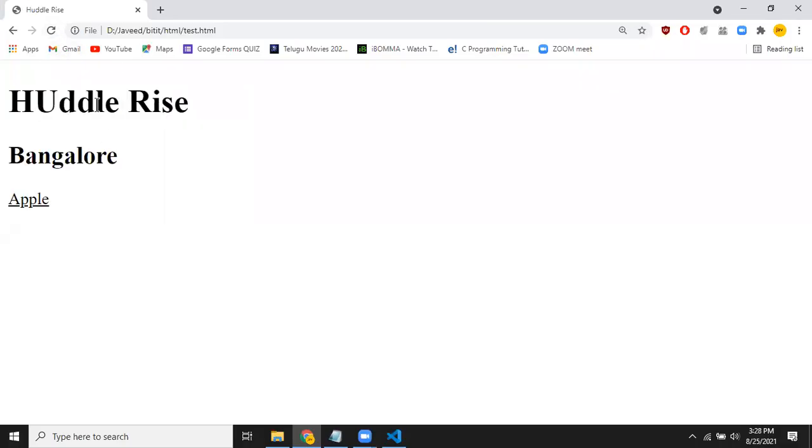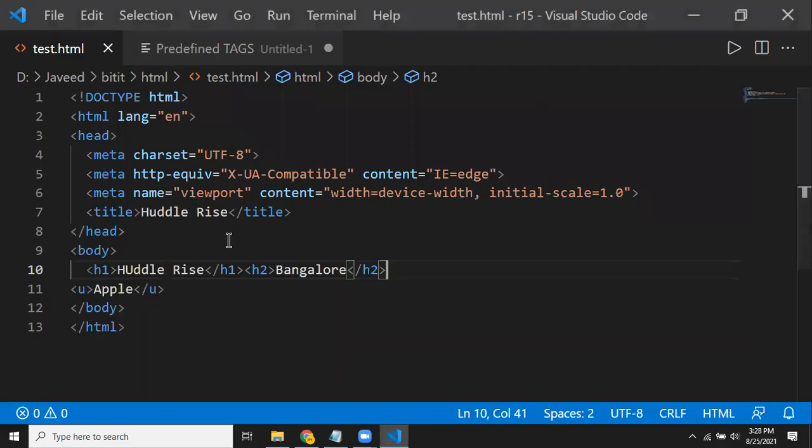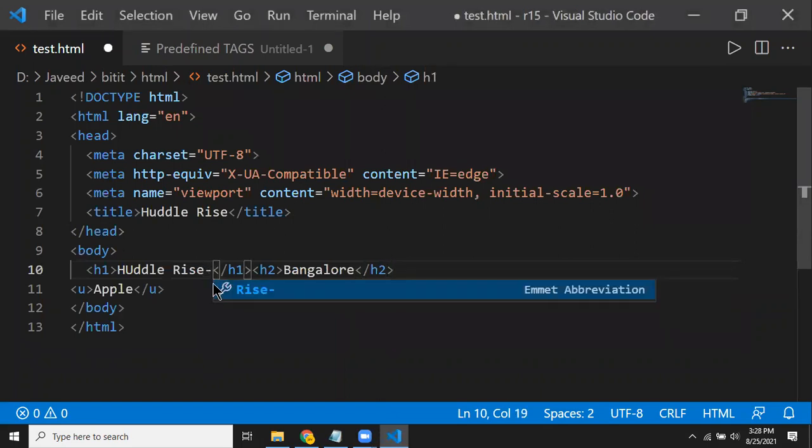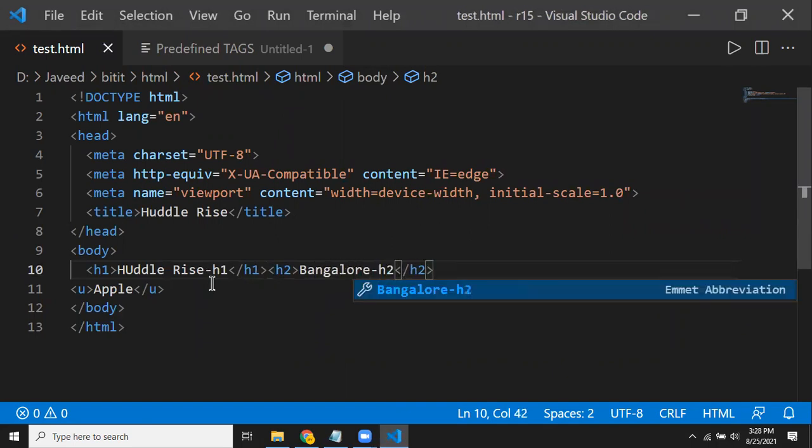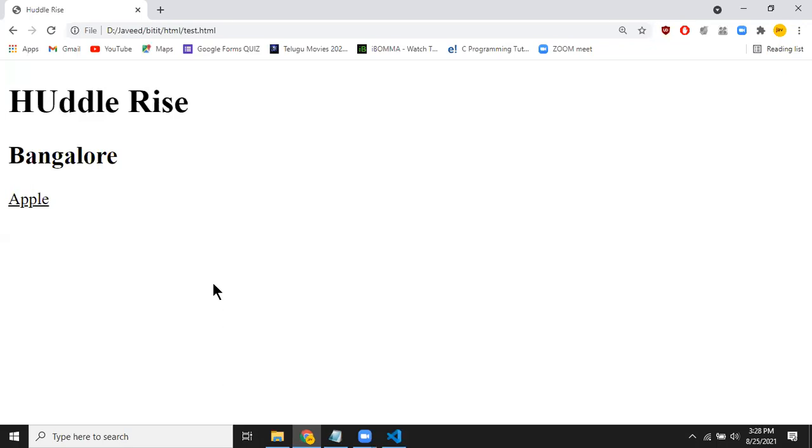Now you see Huddle Rise in a bigger font, and Bangalore is a little smaller, because I'm using the H1 tag for one and the H2 tag for the other. I'm just putting the hyphen there for your reference.